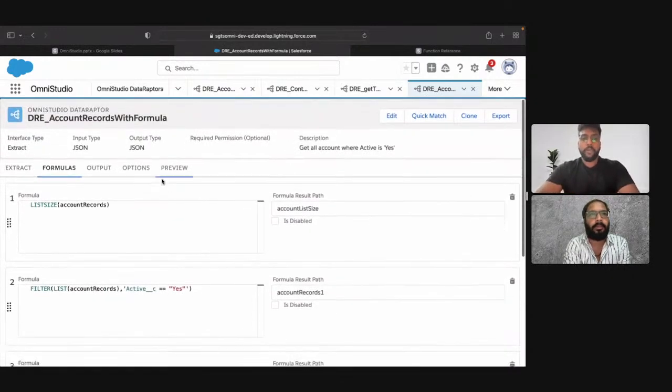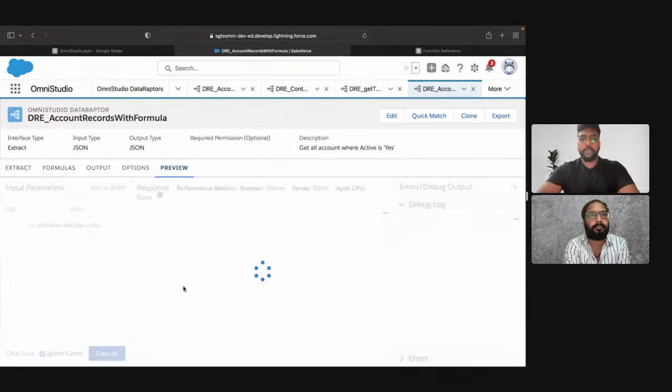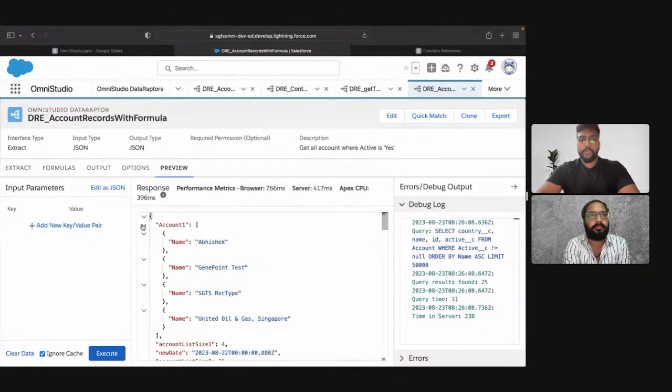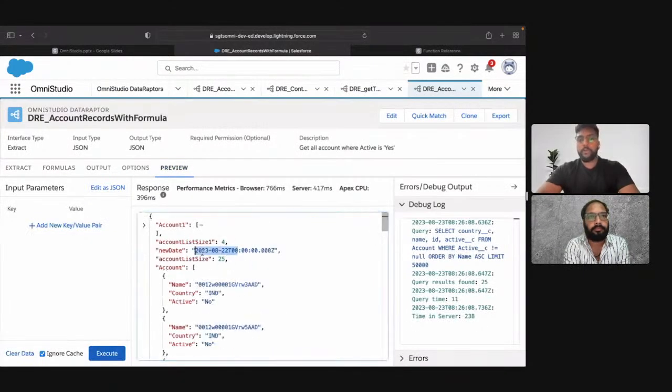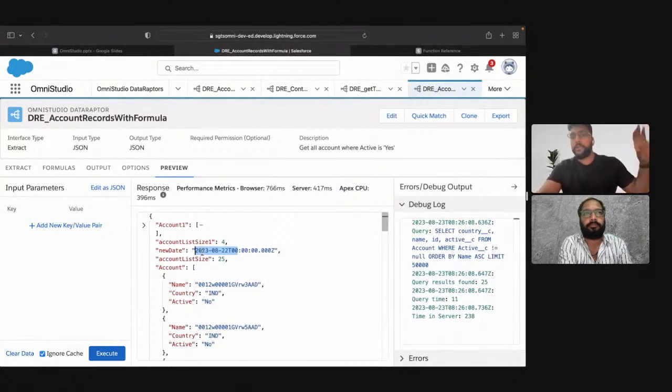So if I go into the preview and click execute, as you can see, it will give me the 22nd of August, one day prior to today. Correct. So this is how you can use some formulas or functions which will not be dependent on any of the objects,